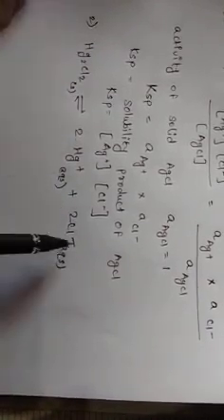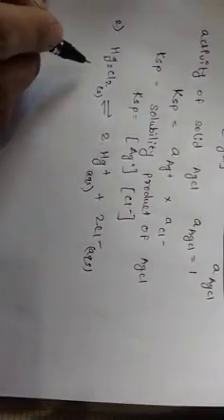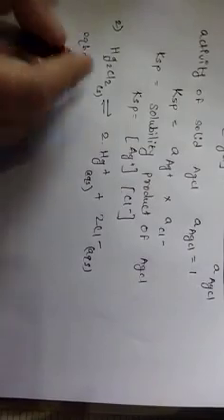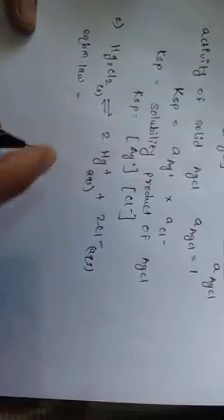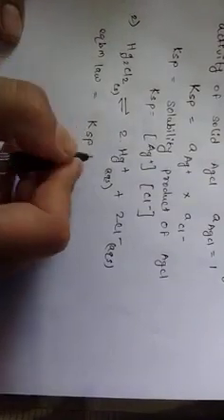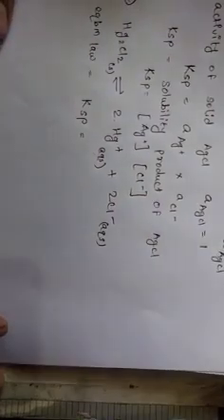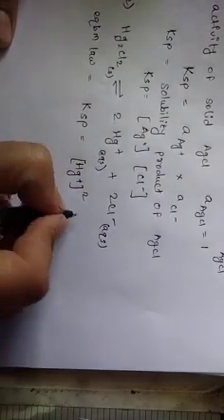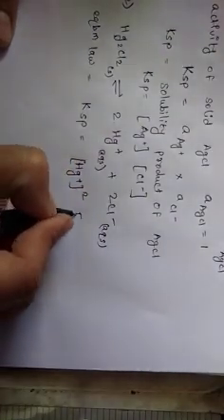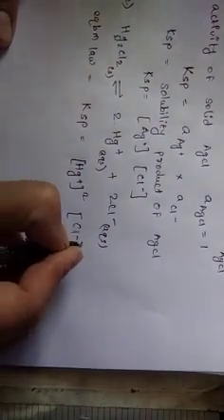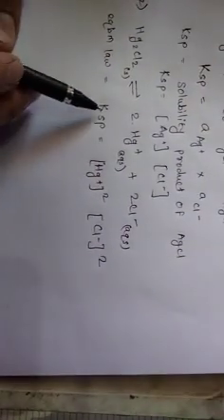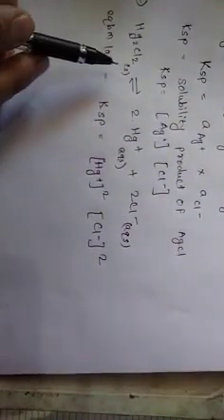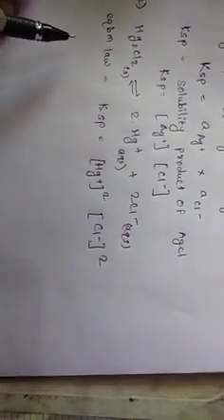Such a type of equilibrium is there. So now we can write down the equilibrium law. We can apply the equilibrium law in a similar way, and we can write the value of Ksp as follows. The coefficient will be present as a power over here. So it is Hg plus squared and Cl minus squared. So in this way we can write down the Ksp value for the other sparingly soluble salt, which is mercury chloride,